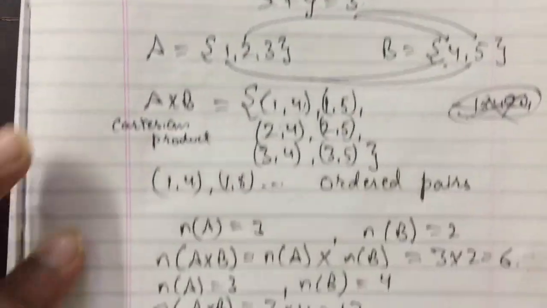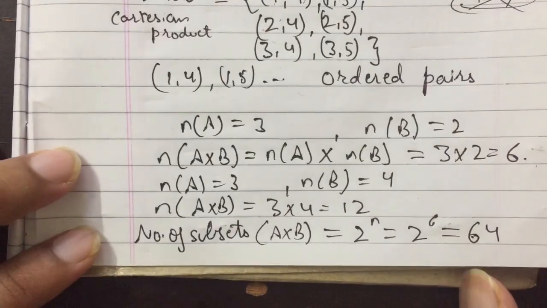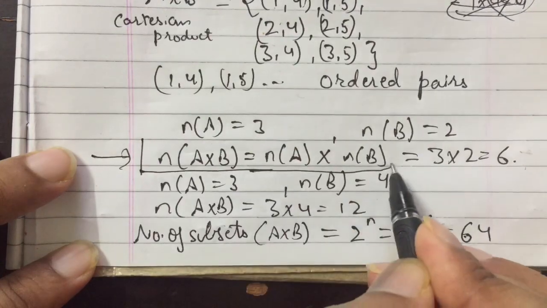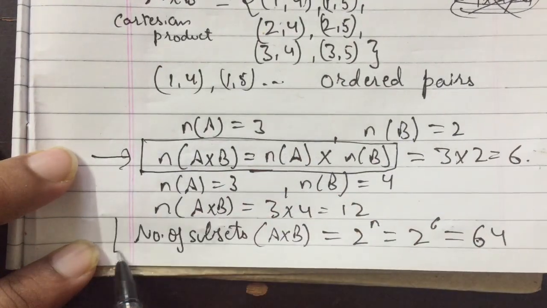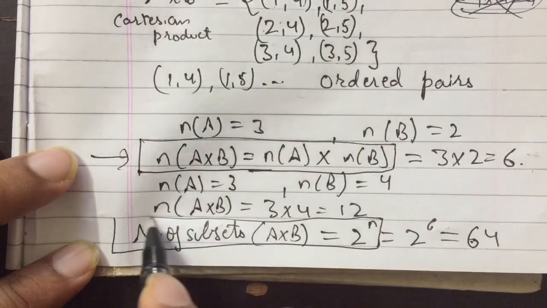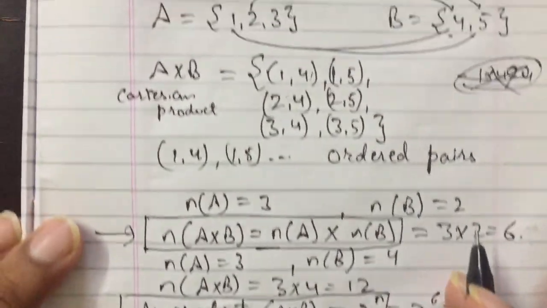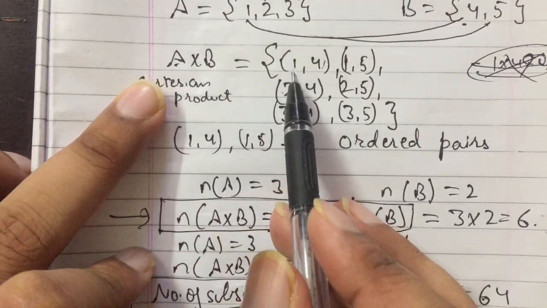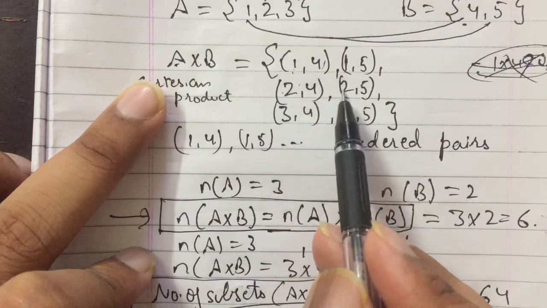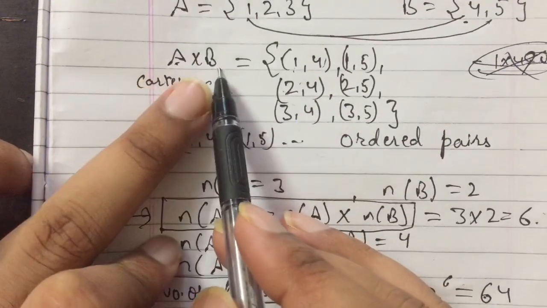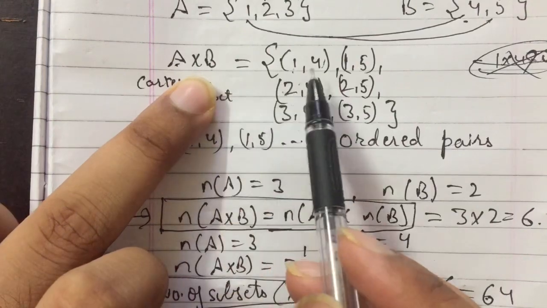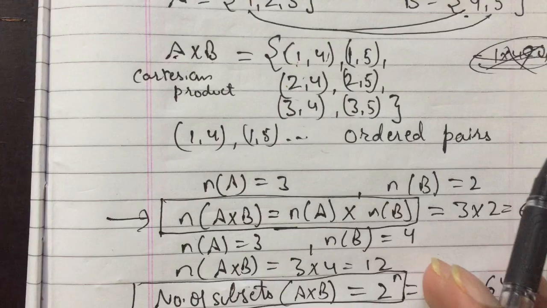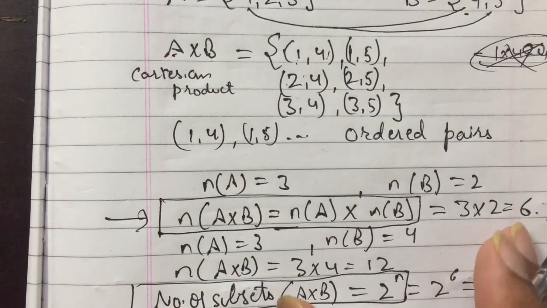So these are a few formulas we are going to use in this exercise. The first one is this formula, remember this. And the second one is this number of subsets formula. One more thing: firstly, we'll write down A elements. See here, we write the A element at the first place, and the B element on the second place. Always remember this. So let's begin with this exercise 2.1 now.